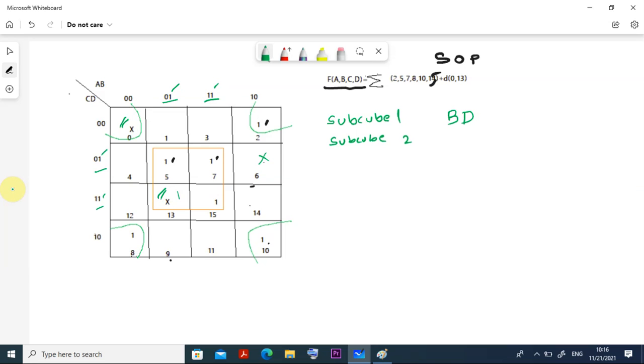In the subcube number 2, you can see in the green ink I have given here, initially it is x, so I can take a value of 1 here. Initially I am taking it 1 because I am going for the sum of product. So here it is 1, here it is also 1, here also it is 1, and here also it is 1. Okay, so you can make it a subcube. So in these four corners you can find what is common here and here. You will find the last 0 and 0 are common. What is 0? 0 is equal to b bar. So this is equal to b bar.